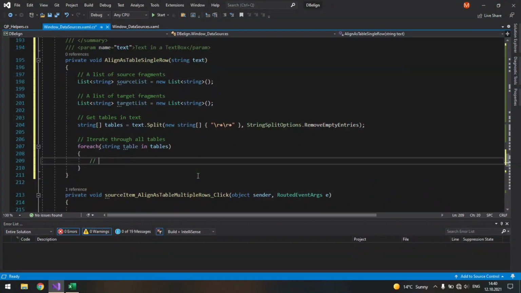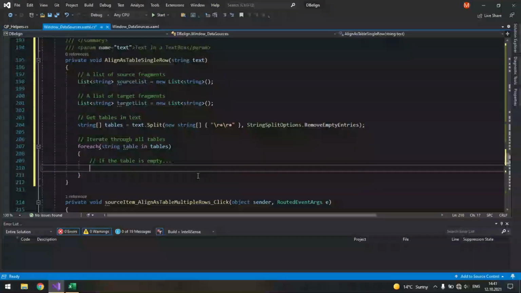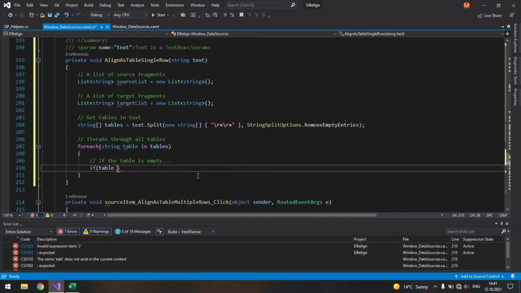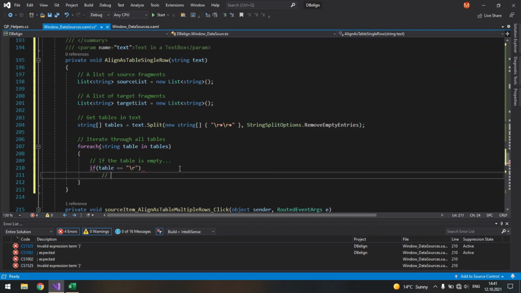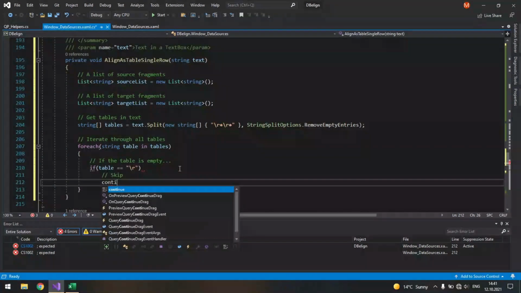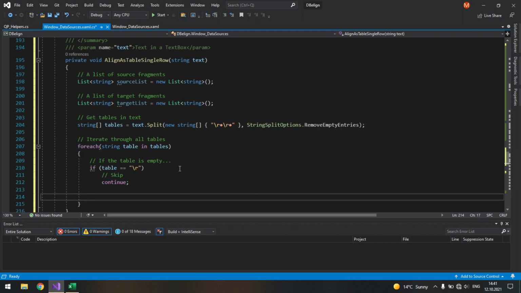So we'll first check if the table is empty, and that can be the case when you, for example, have a table with just one cell and it is empty. So if table equals /r, we simply skip. So continue.